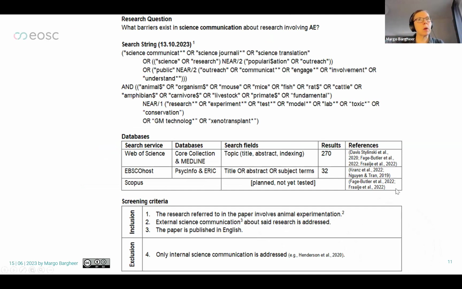So I was approached by a young researcher, and he has a research project, and he says, what barriers exist in science communication about research that involves animal experiments? Because in Germany, and probably that's also the case in many of your home countries, this is a really highly discussed and controversial issue: are we as humans eligible to pull animals into labs, cut open their heads to test things? And so there is a lot of science communication going around about animal experiments, and they wanted to do some research on also understanding